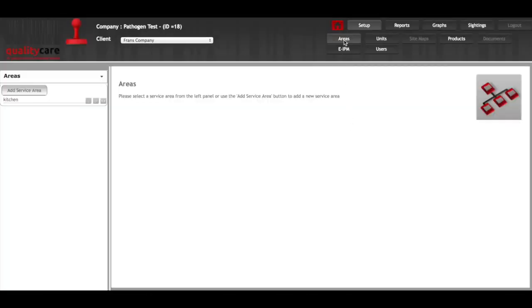Once you're in the areas section, there's two explanations of areas that I would like to put across. The first one is areas itself. So the areas that you would like to add units to. For example, kitchen, bathroom, outside area, parking area, etc. So these areas you would create and add certain units to them to make it easier from your side once